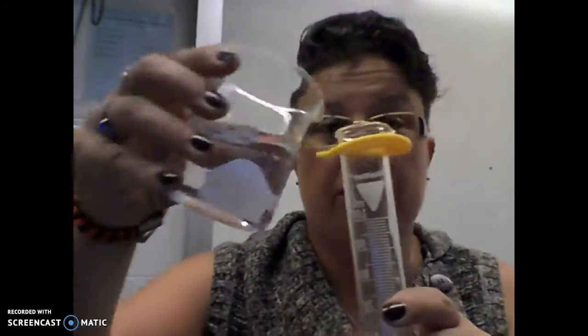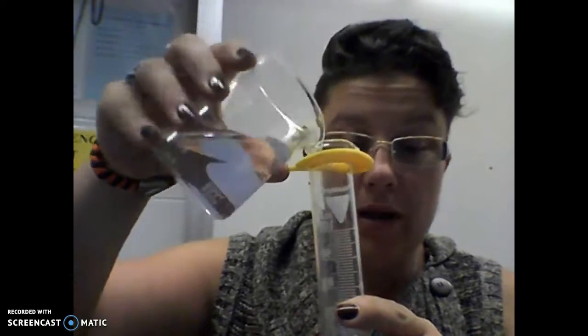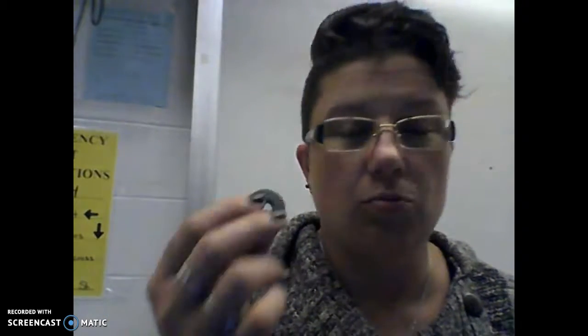So what we're going to do is take our graduated cylinder and fill it up to a certain point. Doesn't matter what point, it just needs to have enough in it to where it will fully submerge. It cannot be floating. You cannot find the volume of this if it floats. So we need this to be heavy enough that it'll sink in the graduated cylinder and that we will get the right amount of